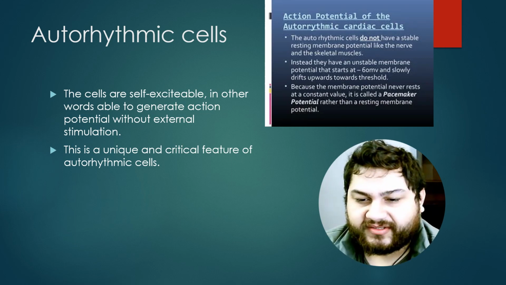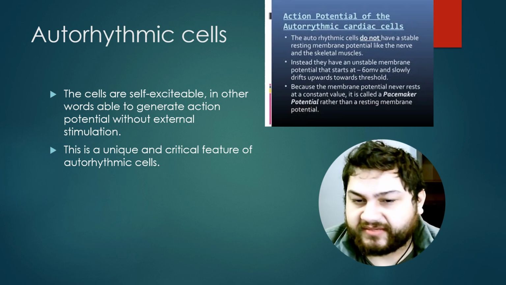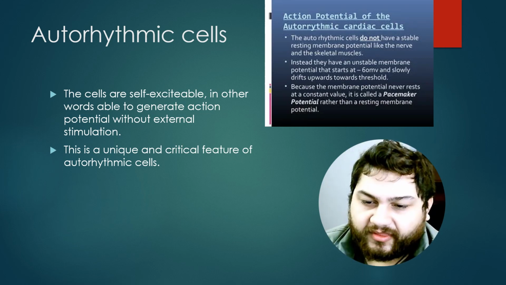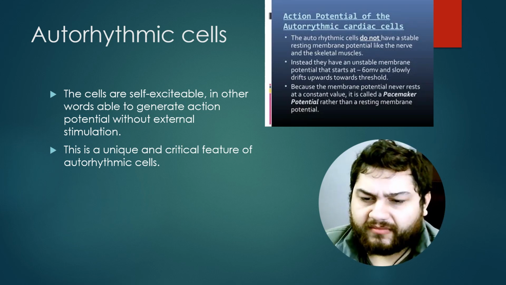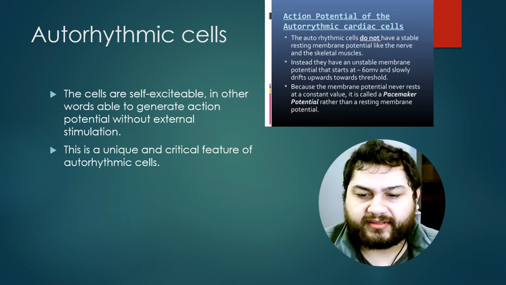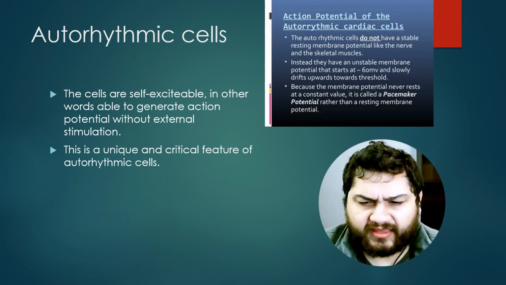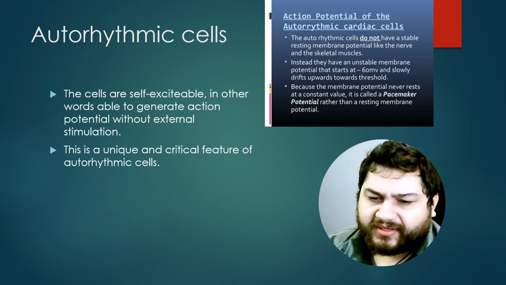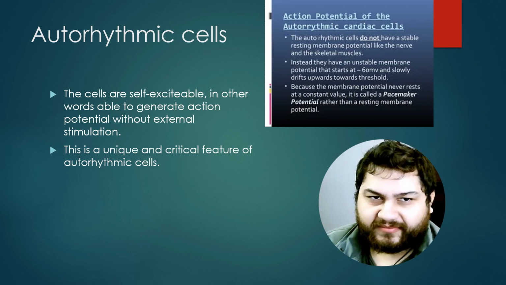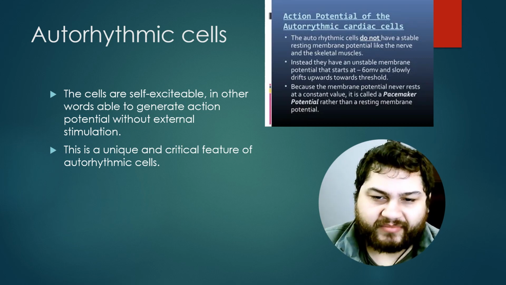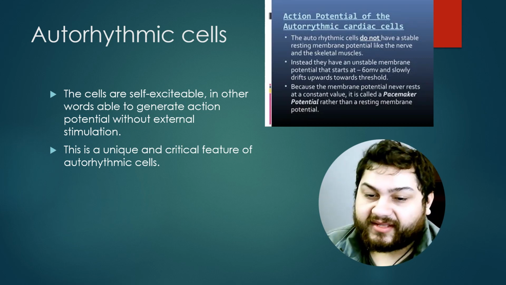It starts roughly at 60 millivolts and drifts relatively upward towards the threshold of what the action potential and the certain reaction would be. Then it goes up and down, depending on periods and bouts of activity and inactivity. Because the membrane potential never rests at a constant value,